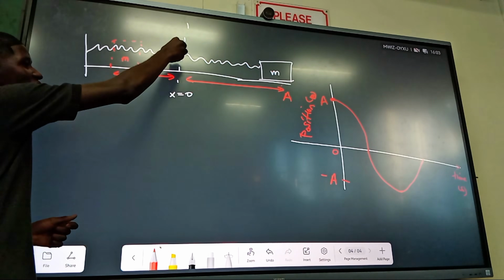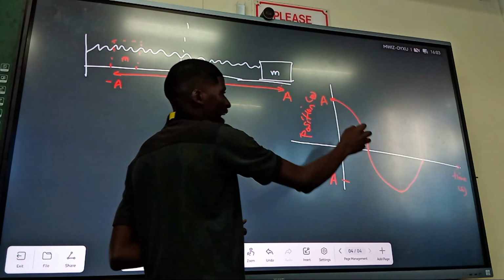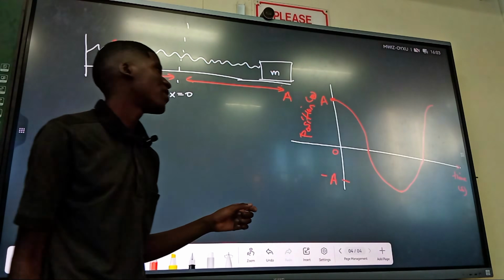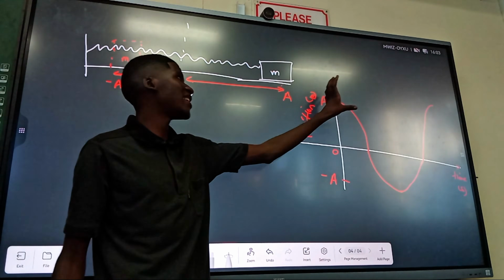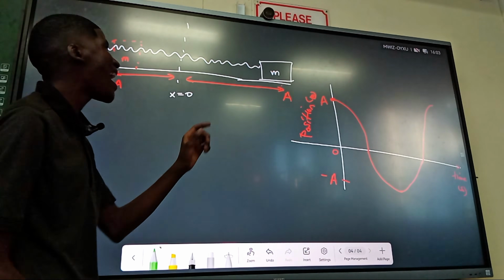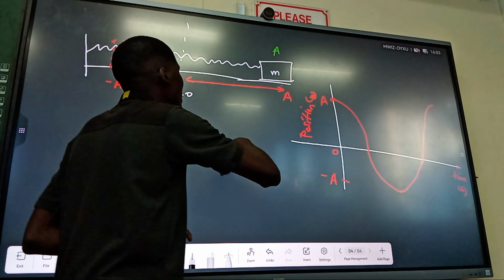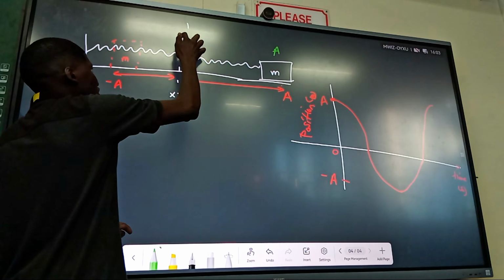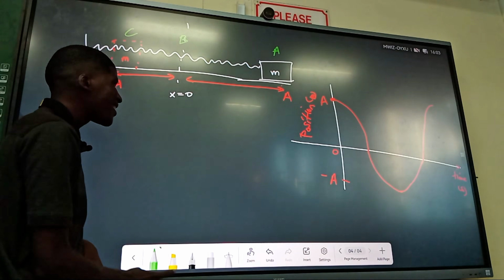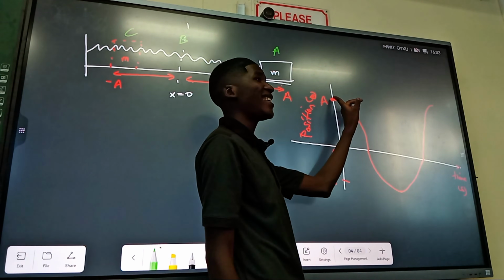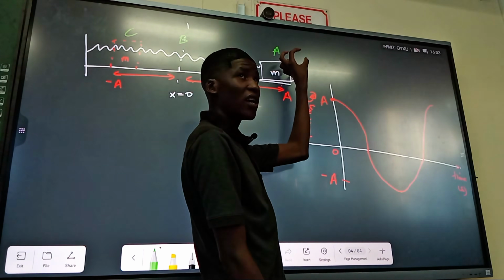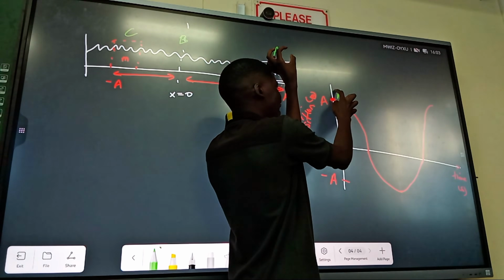From the equilibrium position it goes back to the maximum. So here we have just represented the motion of the object. Say your object starts at position A, and then the equilibrium position, let's just say this is B, this is C. So basically what happened here is it was here at the maximum displacement, at the amplitude, and then you release the block. So this is position A, where it started.